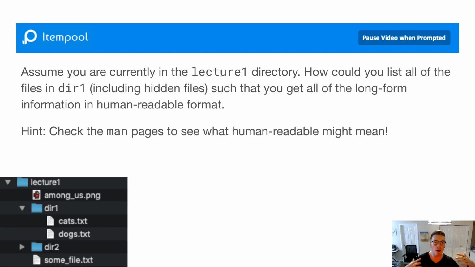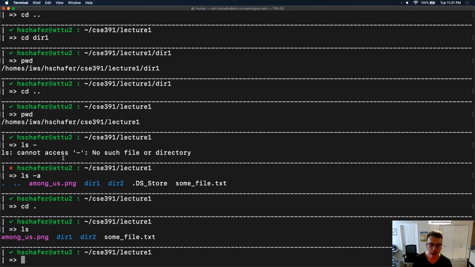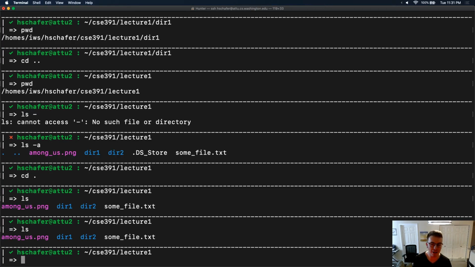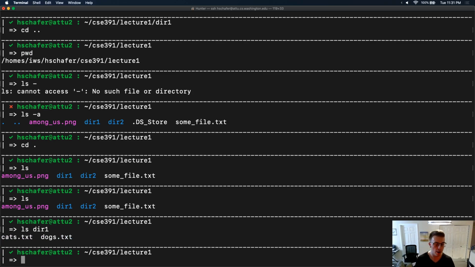And so thinking about, well, what's the most basic version of this task? Just list all the files in dir1 from where I am right now. And so I'm just going to go ahead and do that. ls, remember ls on its own lists the files in the current directory. If I want to list files in a different directory, I can specify its name right here, ls dir1. Okay, so that got me all the files in dir1,